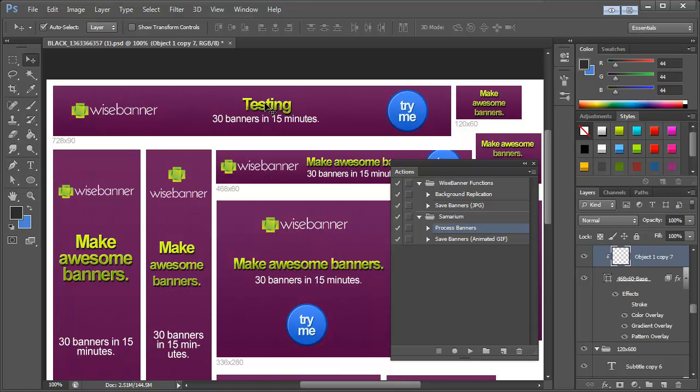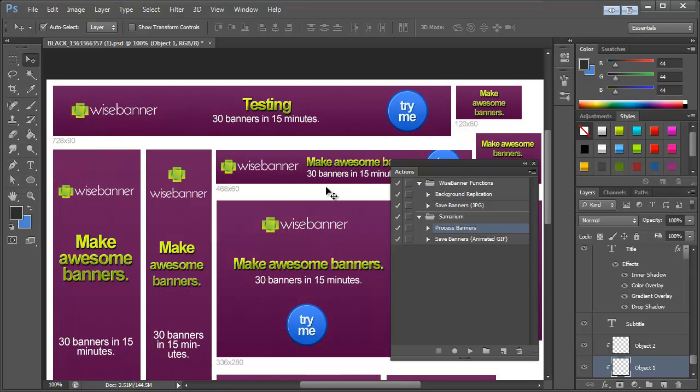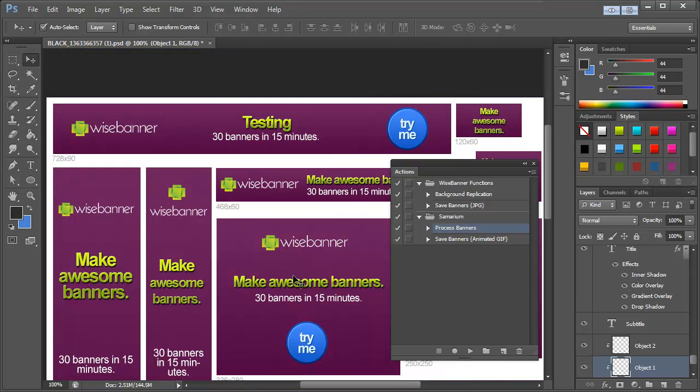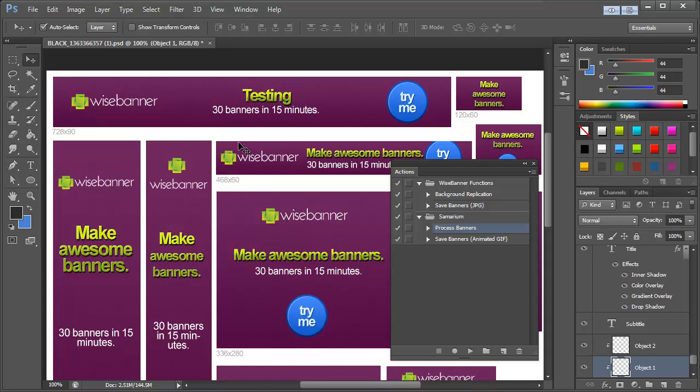There are also videos that will show you several other examples of real-world banner template creations using the Wise Banner template. So definitely use those and watch those and follow along, especially if you're new to Photoshop. That way you'll develop the muscle memory and you'll get familiar with how to make adjustments and all that. If you run into an issue, for example, if an error popped up when you went to run process banners or any of these other things, make sure you go to the Getting Started page in Wise Banner,